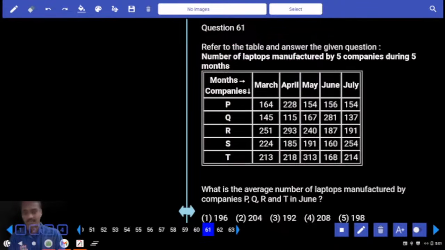Well done. Now paper number 70. Now it seems that today